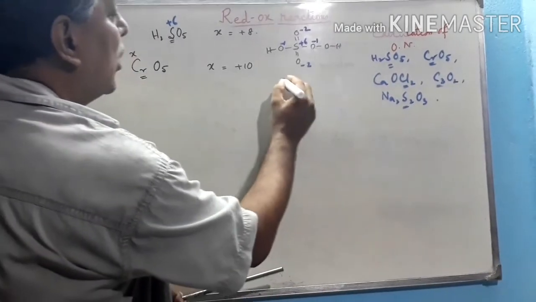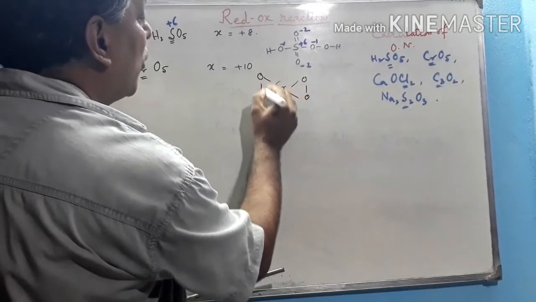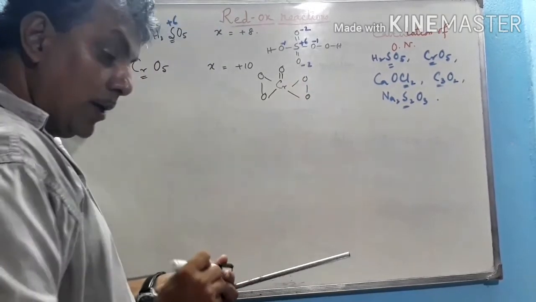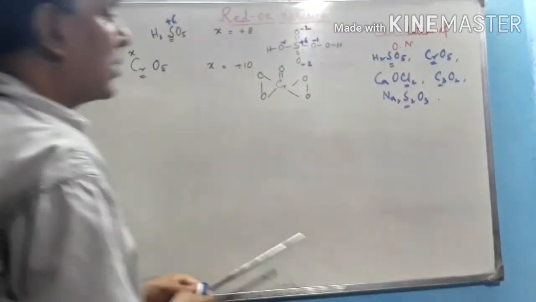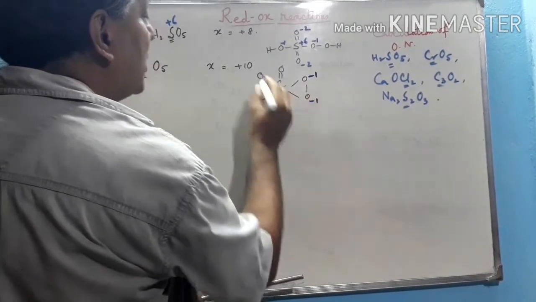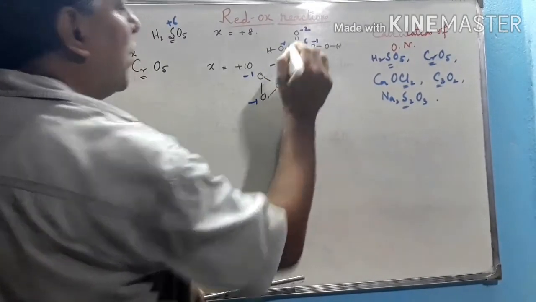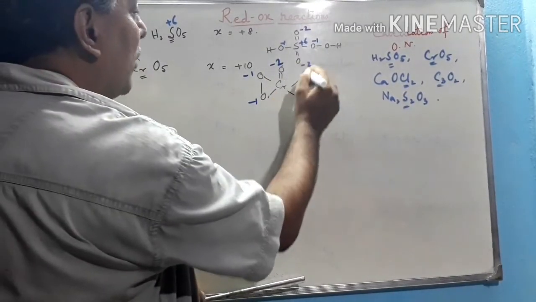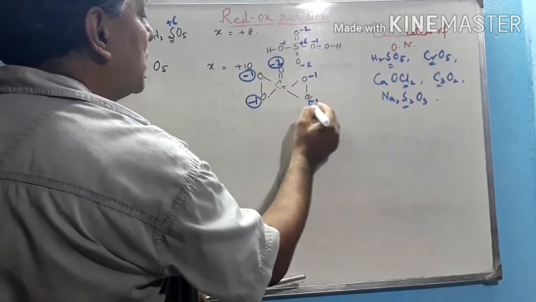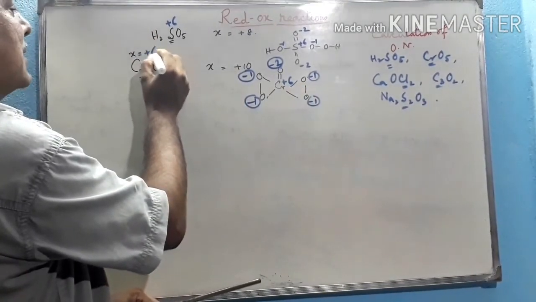So to explain this, we have to draw the structure first. This is the butterfly structure of chromium peroxide. Now we have to calculate the total charge in its surrounding. This is the peroxo linkage, so each oxygen atom carries -1 charge. But this oxygen is double bonded, so it carries -2. So the overall charge in its surroundings is -6. See this: -2, -3, -4, -5, -6. So this chromium is in the +6 state.